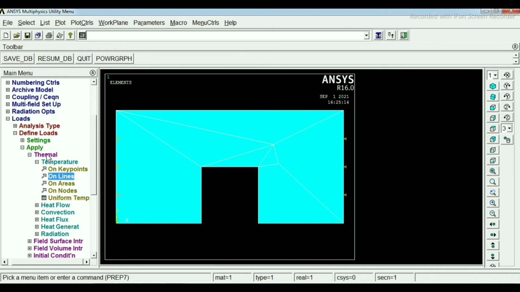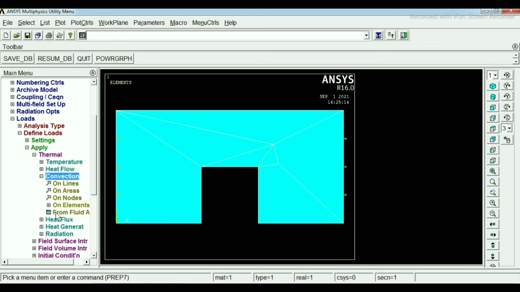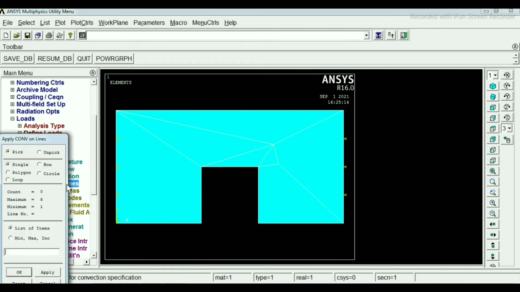Now click on thermal. In the thermal section, click on convection, then click on lines. Then we have to select the sides of the smaller rectangle, so we select the 3 sides, and click on OK.